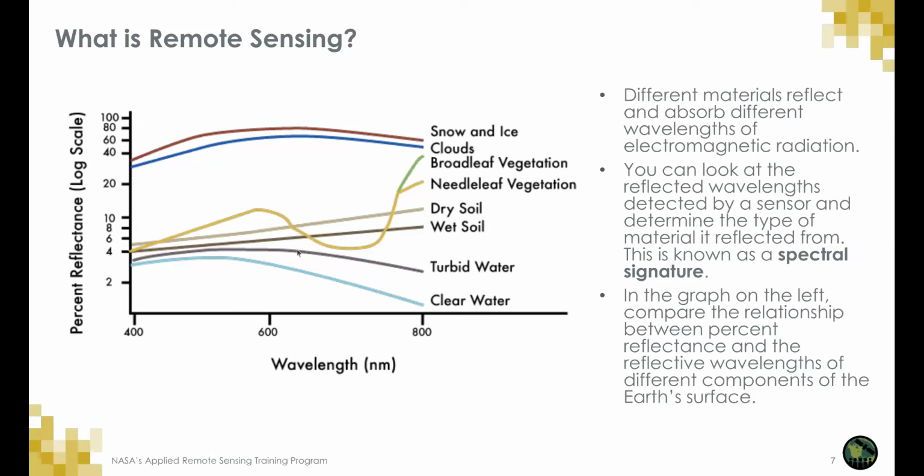If you can see the graph, you can notice that the broadleaf vegetation and the needleleaf vegetation behave almost the same. And snow and ice clouds are white because, remember the property I told you, they reflect off most of the light evenly across the entire visible spectrum. But then the leaves, you'll notice that for vegetation,